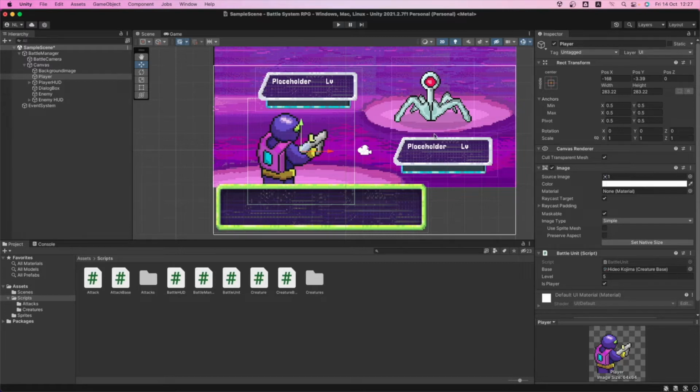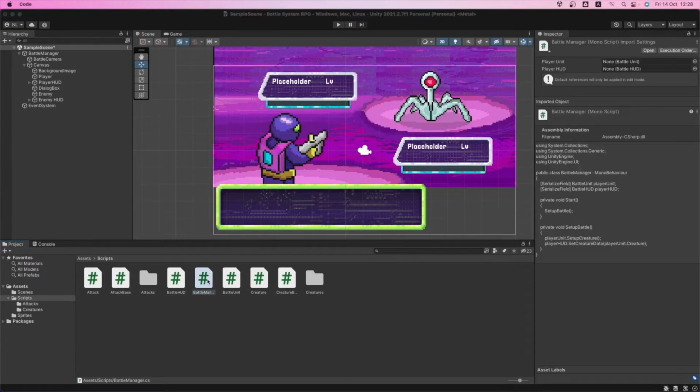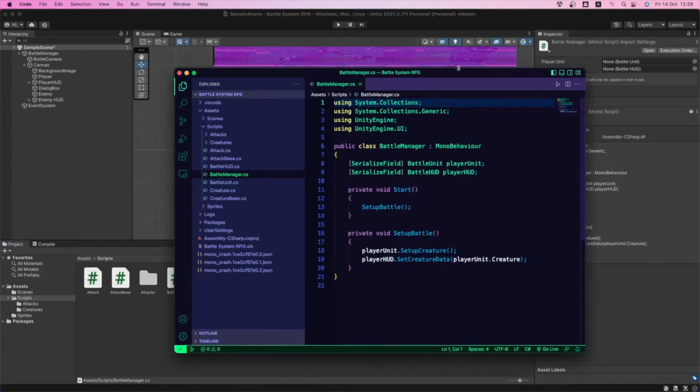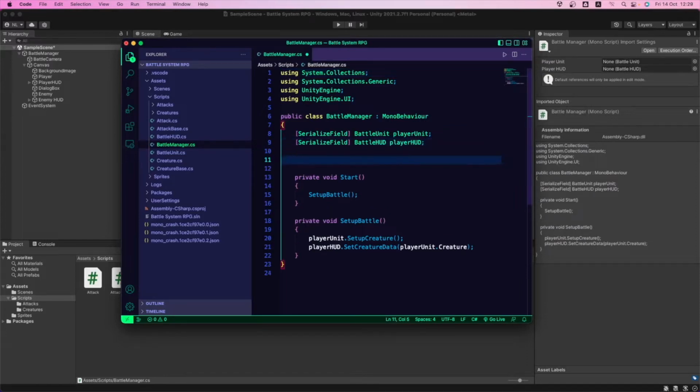Okay, so now we're going to go into the battle manager to start coding the boxes where we can add the enemy HUD and the enemy battle unit. Let's find the battle manager script and open it. Here we're going to add some variables first. I'm not going to speed this up because it's little information, just 4 lines to make this work. So I'm going to write it at normal speed.